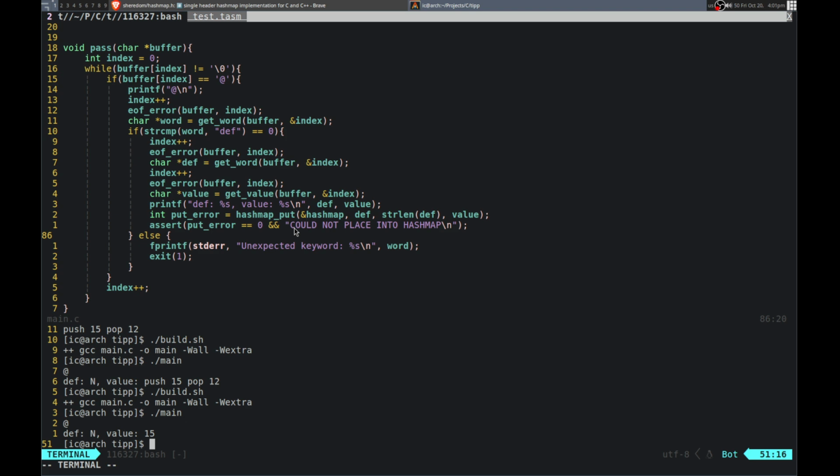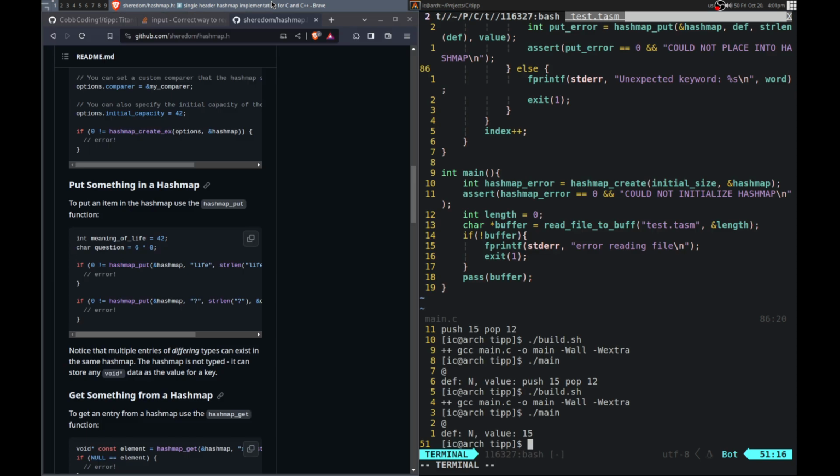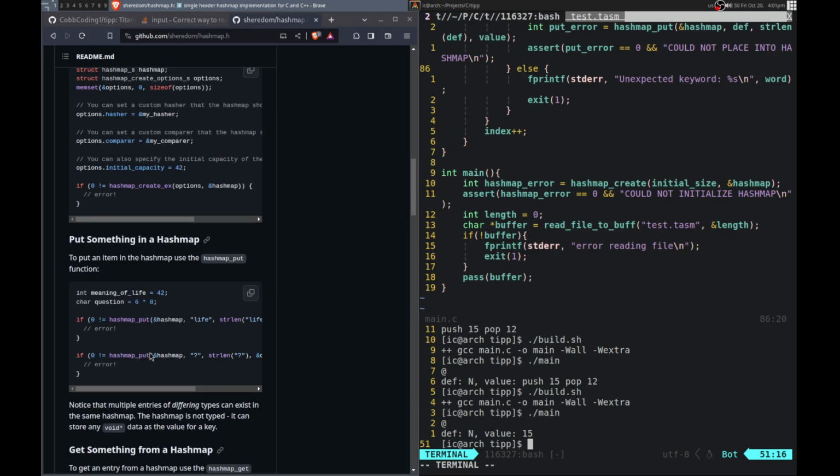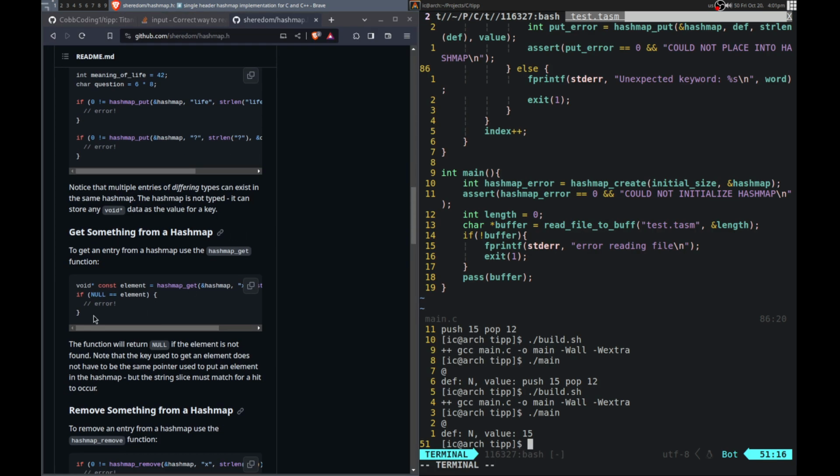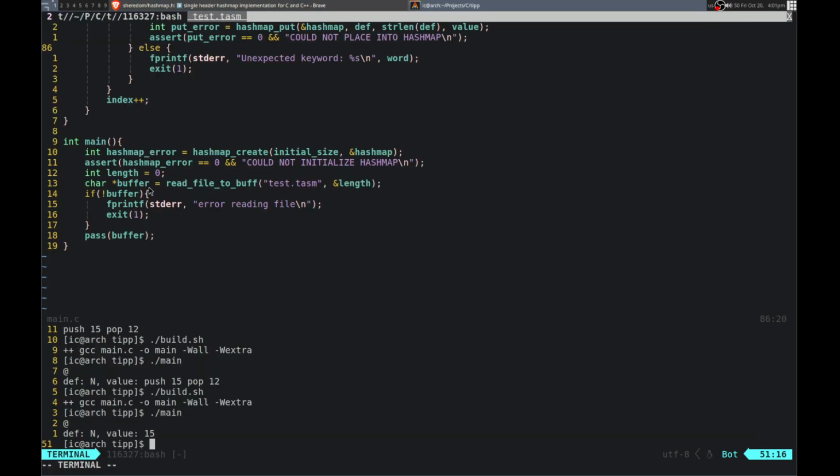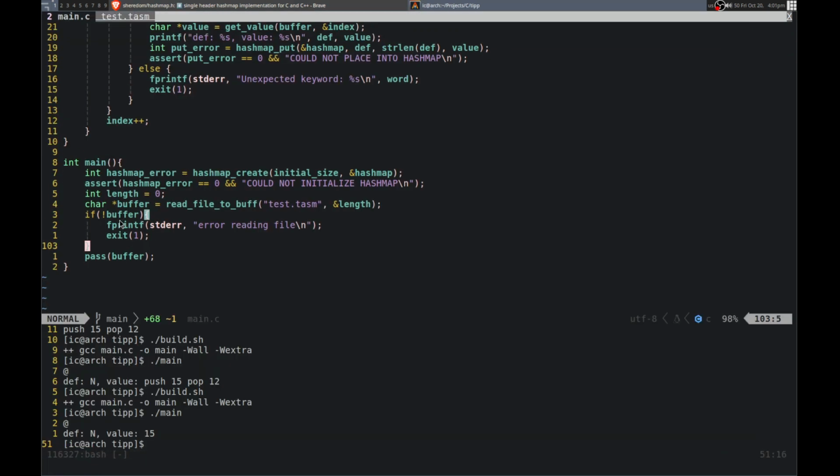So that should be good now. So now we should have that in the hash map. I suppose I should probably test that. Yeah, so let me see. So I get something from the hash map. Yeah, I'll just copy this for right now. And then if I go here,